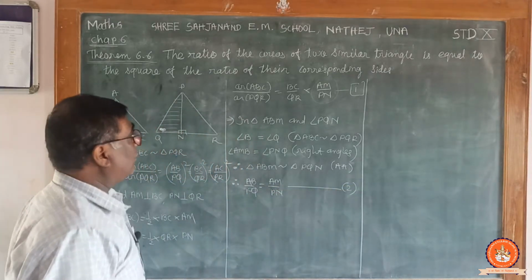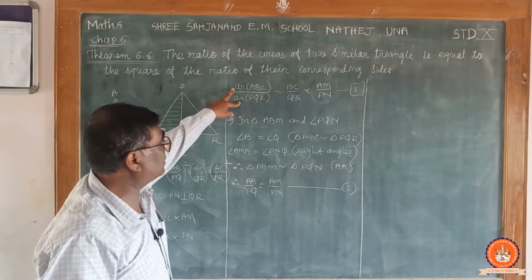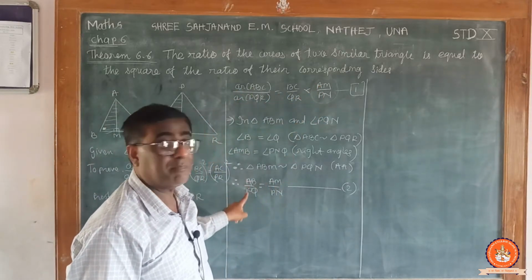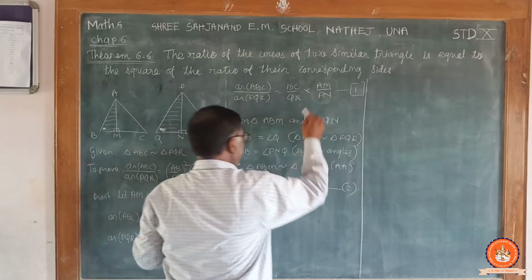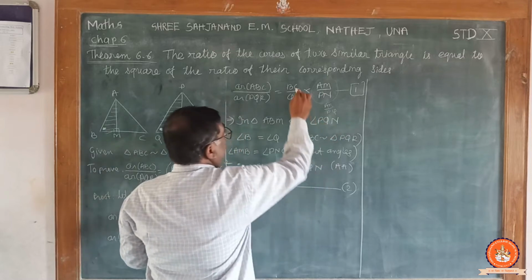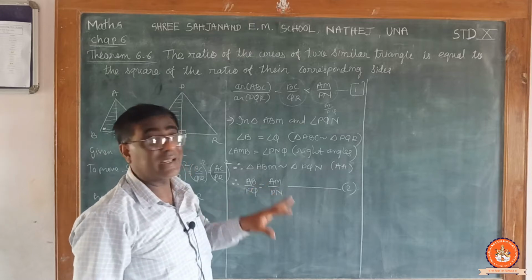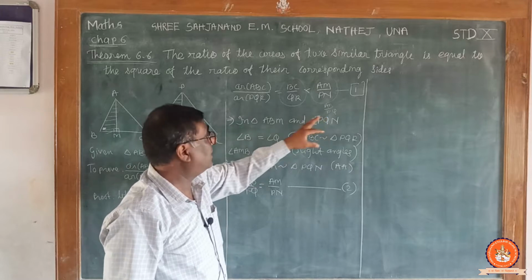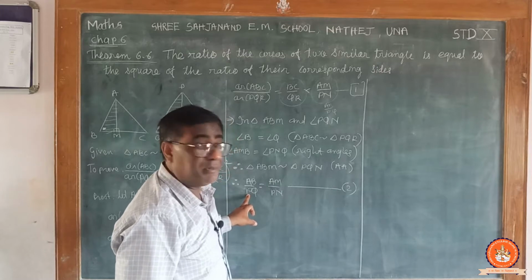Very good, my friend. Now look at it. We are going to use this result. We can substitute the value of AM upon PN by AB upon PQ. Here we will substitute the value of AB upon PQ, so here also we have to substitute the value of BC upon QR by AB upon PQ, so that we get AB into AB, which means AB square, and PQ into PQ is equal to PQ square.